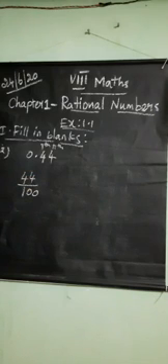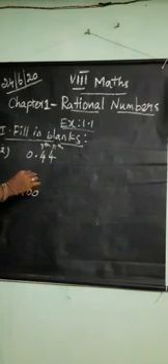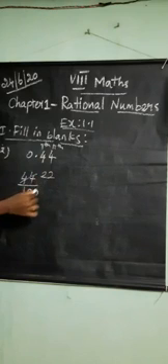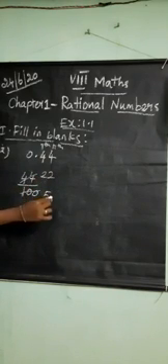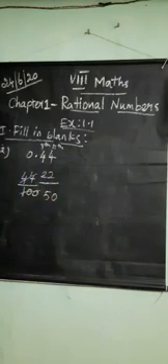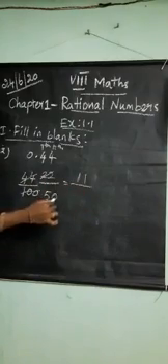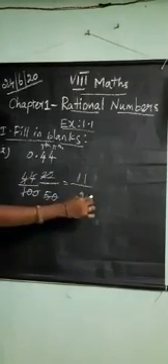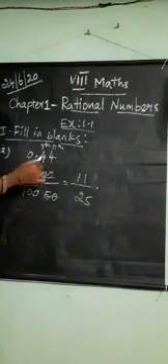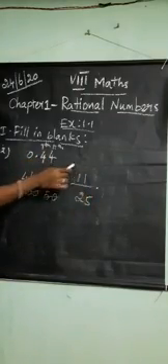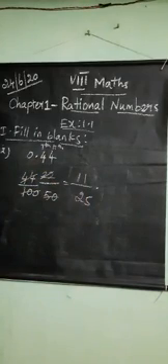These two numbers, numerator and denominator, come in the same table. Which table? Second table: 2 2s are 4, 2 2s are 4, then 5 2s are 10, then 0. Next, again second table. 1 2 is 2, 1 2 is 2. Next, 25 2s are. So the rational number represented by 0.44 is 11 by 25. Are you clear?